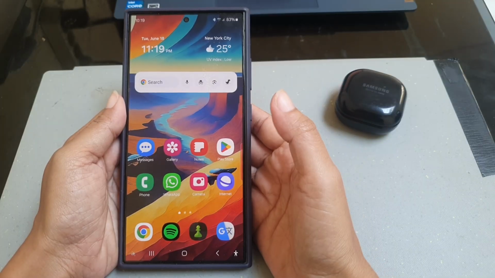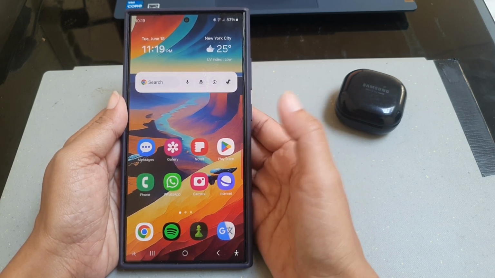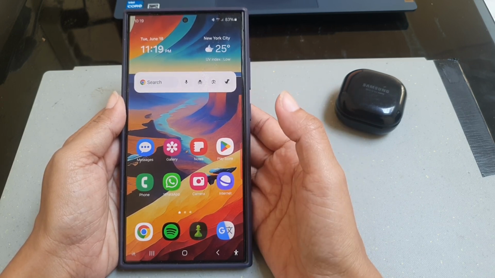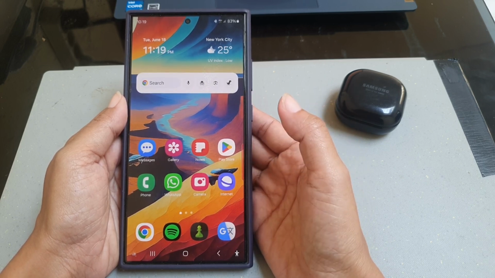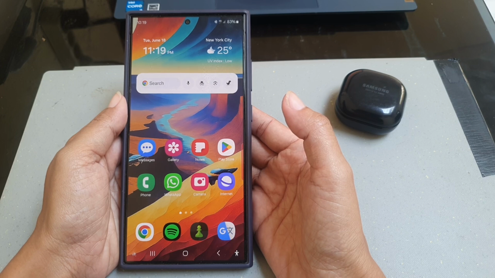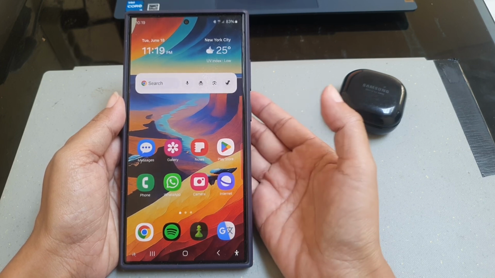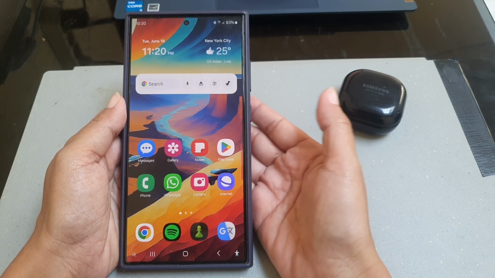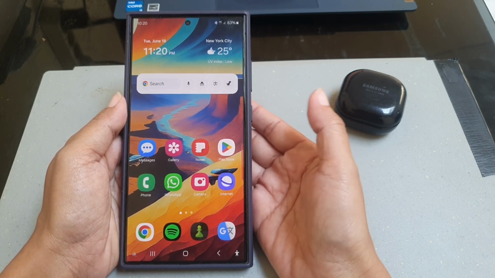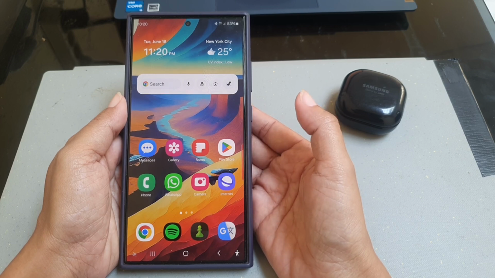To put a contact shortcut on your home screen on Samsung Galaxy S24 Ultra, so you can easily go to the contact's details, you have to add a contact widget to your home screen and then assign the desired contact to the widget. To do so, on your home screen, long tap on an empty area to go to the home screen edit screen,